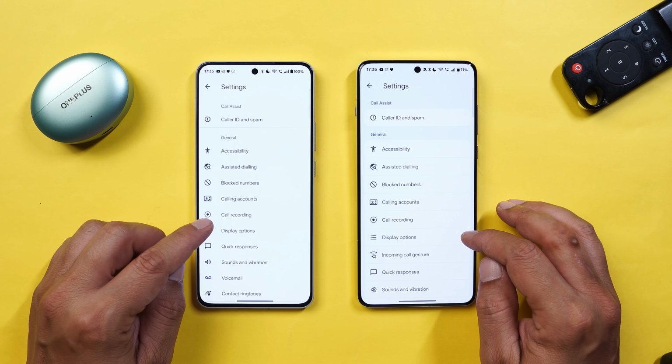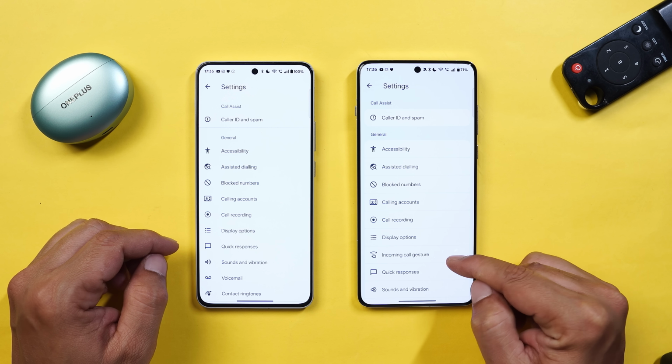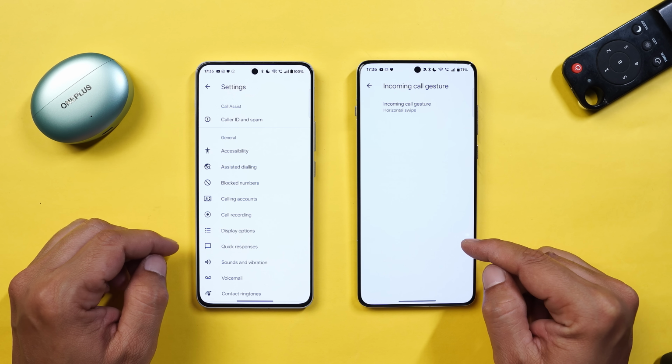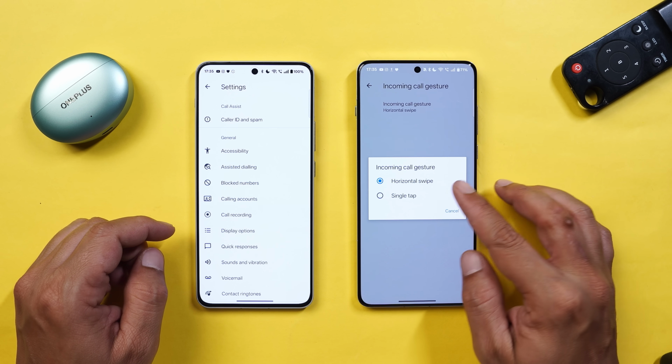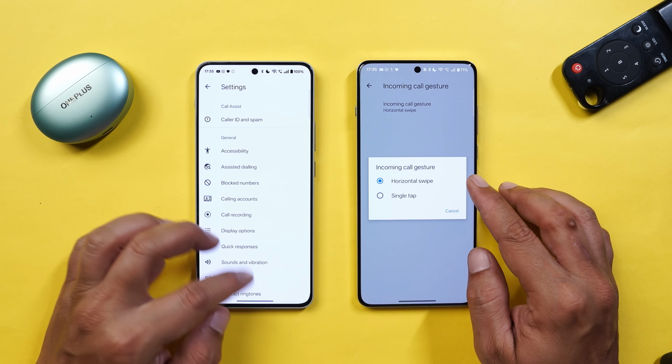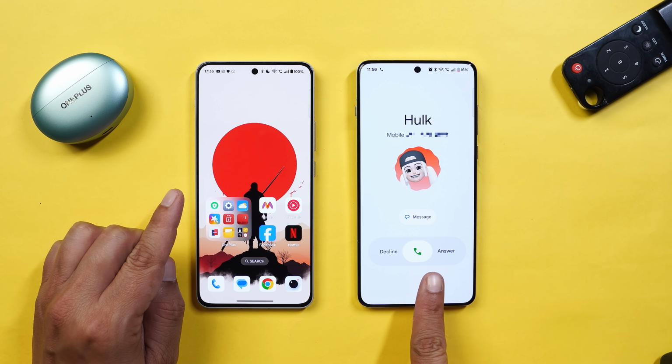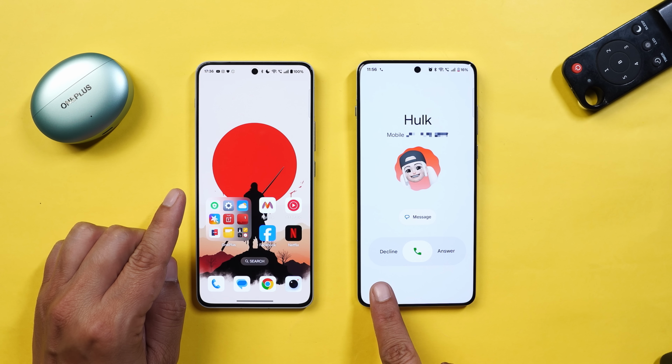So that's a big relief with this latest Google Dialer. And there's this new option called incoming call gesture. So here we have two options. One is horizontal swipe, and let me show you how it looks. So this is how it will look. You can slide towards the right hand side to answer the call, slide towards the left hand side to decline